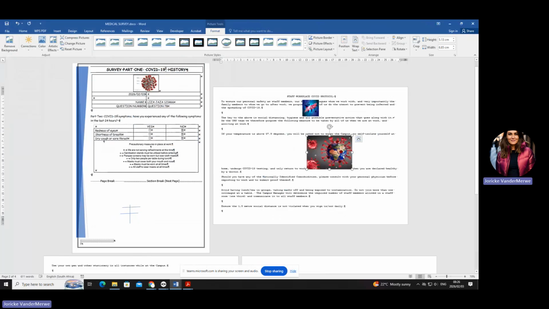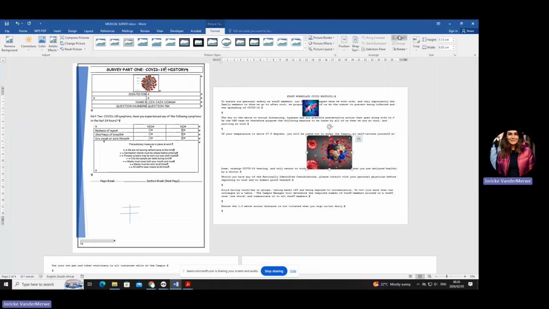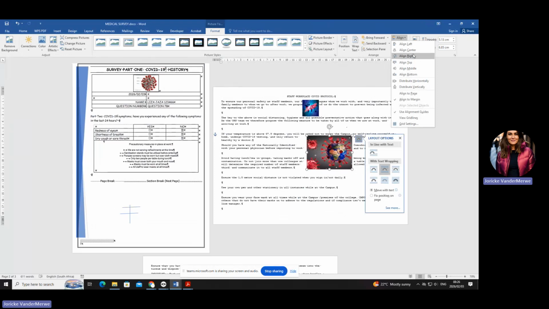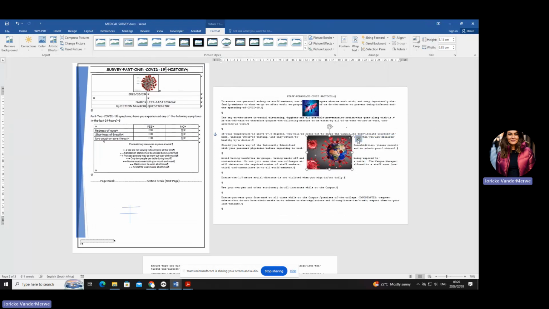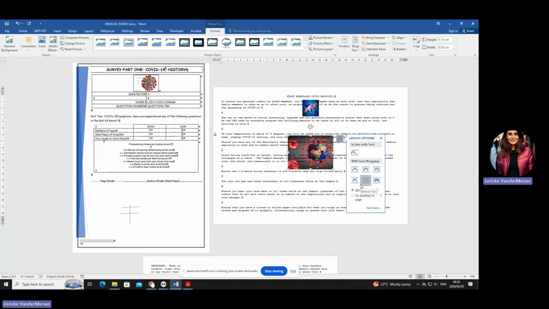Okay. How are we going to change the alignment? Click on the actual picture. Go to align. Okay. Go to align. Why is this happening? Who can tell me? Why can't I center it? Because of the wrapping. The wrapping will never change if it's not on tight. Okay, can you see now? I can change it. But anyway, the wrapping should be behind the text. So maybe start with that and center. Are you with me? So if your picture does not want to do the center and it's gray, change the wrapping. I'm actually wondering if that also didn't happen in the table. But okay, we figured it out anyway.